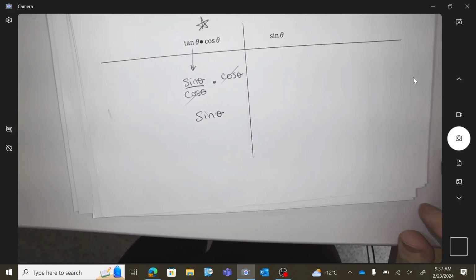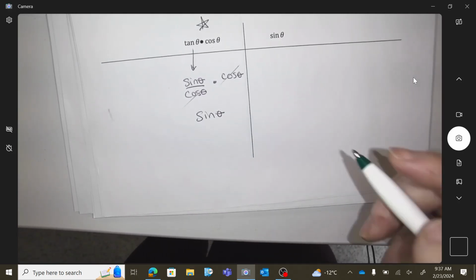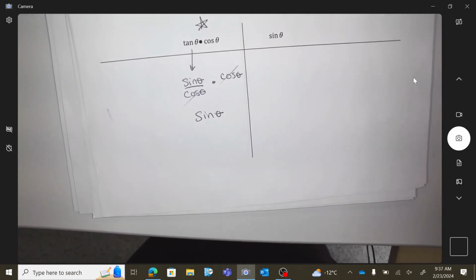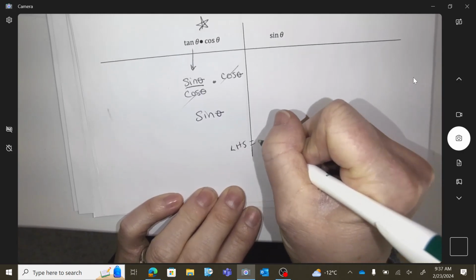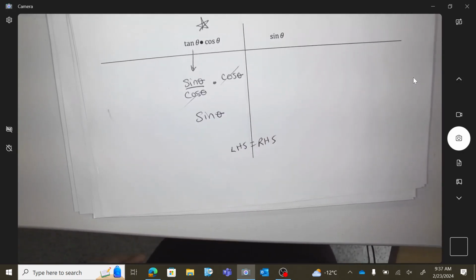You are not ever allowed to write an equal sign. If you ever put an equal sign in there, you lose half of a point just by putting an equal sign in there. So at the end, you make a conclusion. You can either say, I made the left-hand side equal the right-hand side. You can say that. Or you can do the Latin,